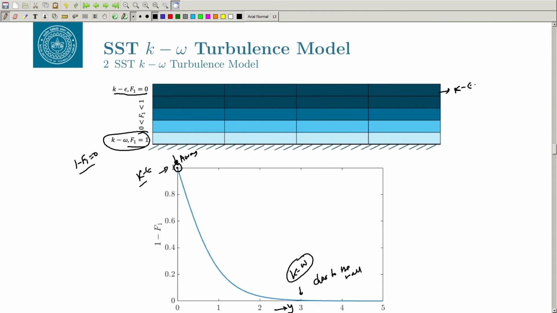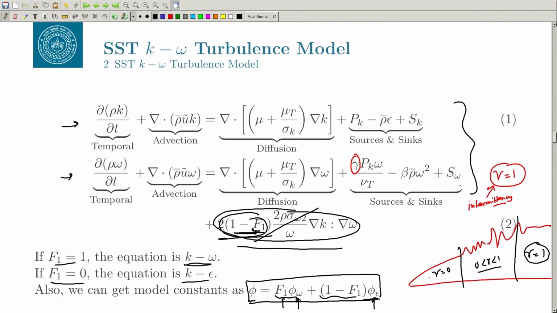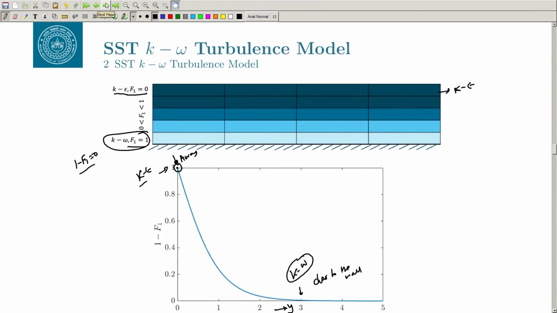Okay. There may be a typo here, the 2 may be a typo. I will correct it and send it to you in the lecture notes. In between, you have to make sure that the blending is perfect. So, you use some kind of function here so that it is not an abrupt jump from 1